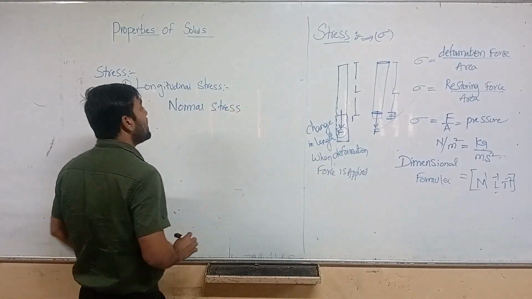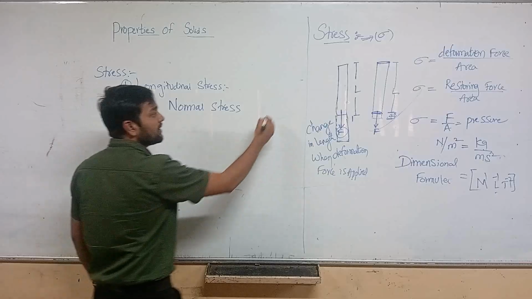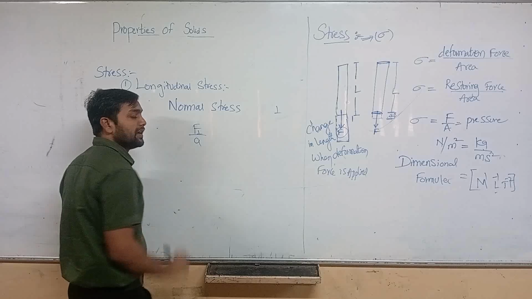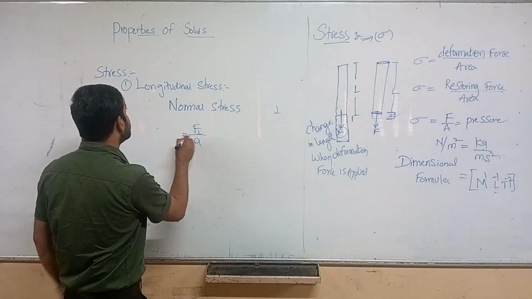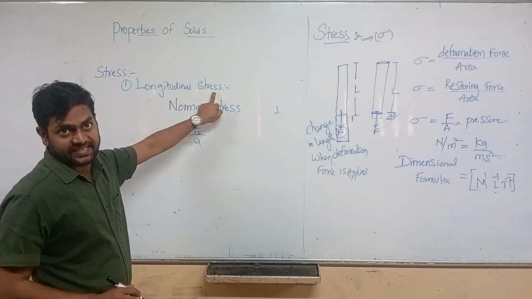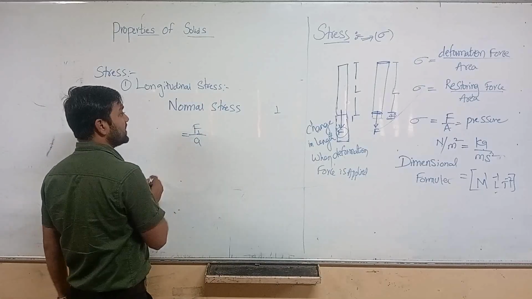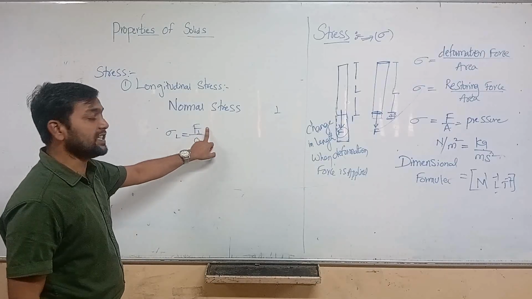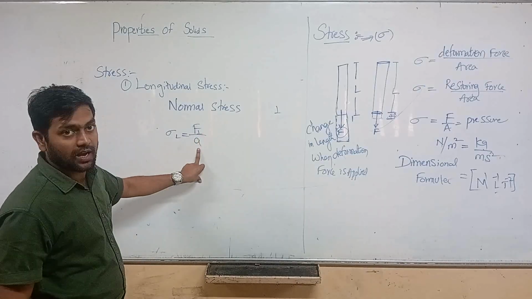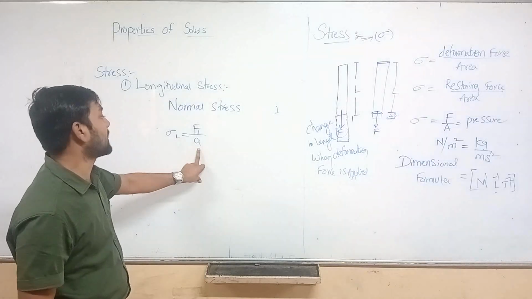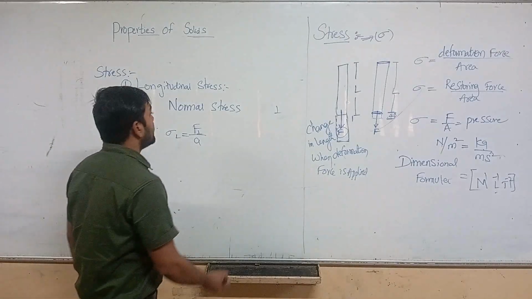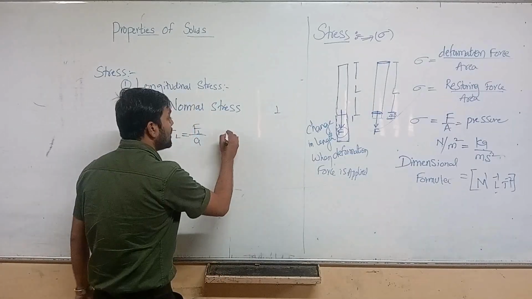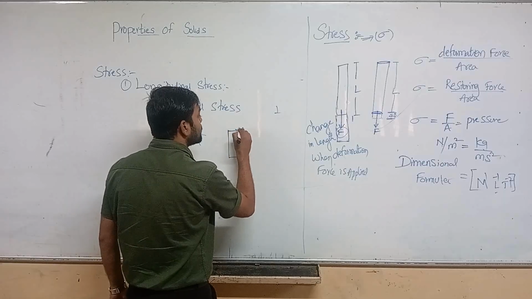What is normal? Normal means 90 degrees, perpendicular, right? So force and area are to be perpendicular to each other. Then we can say that is longitudinal stress. Force is perpendicular to the area. This longitudinal stress also has two types. What are they? The first one is